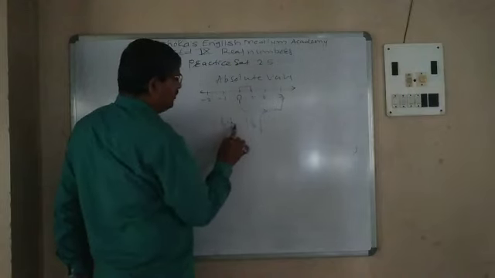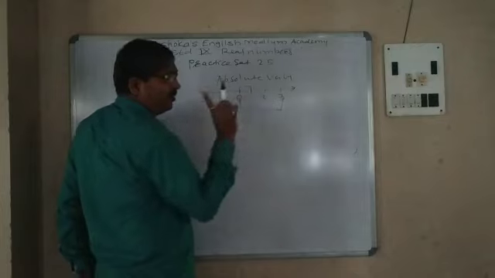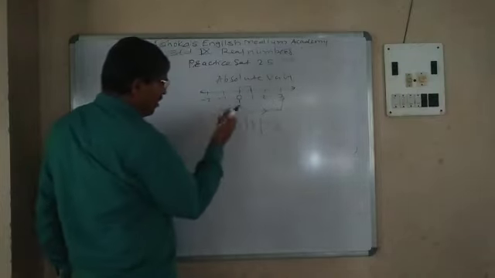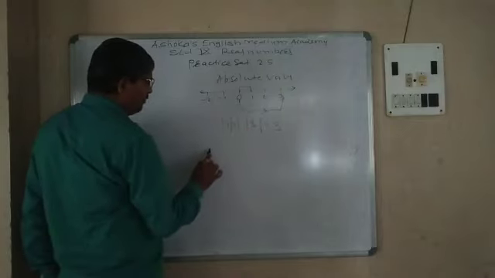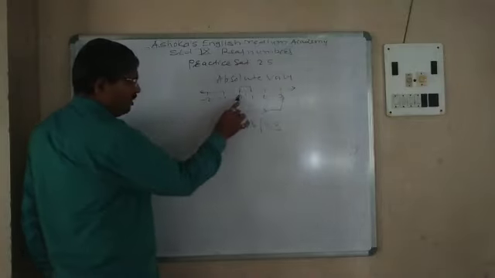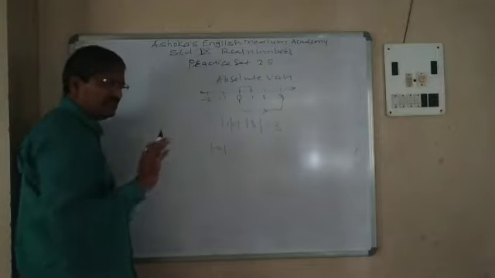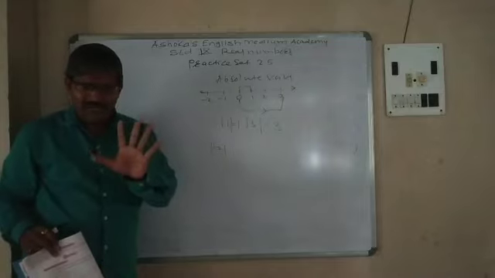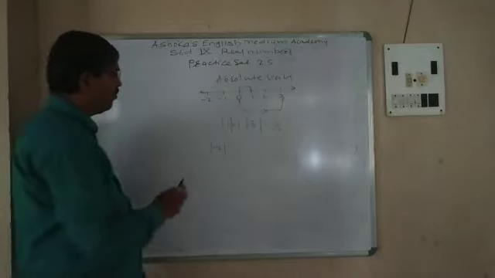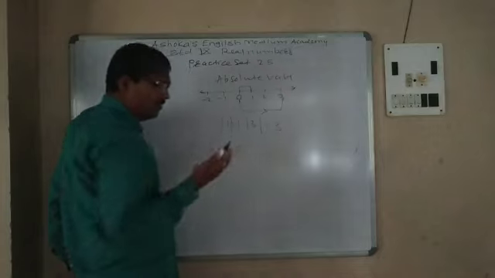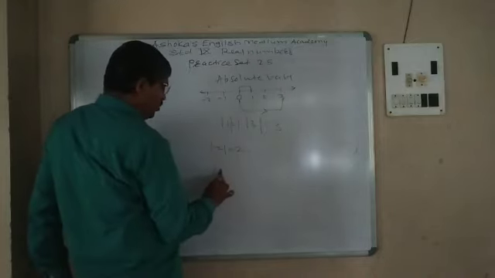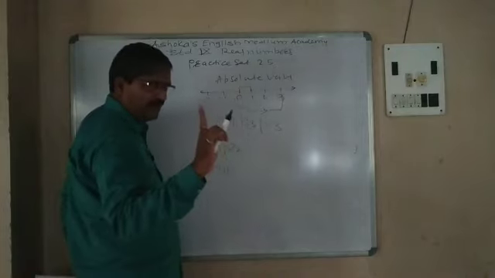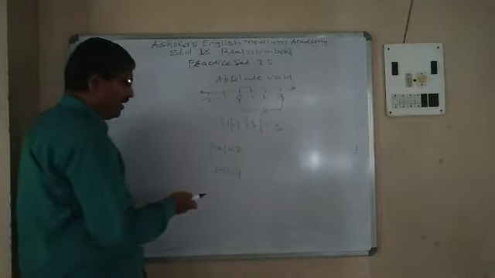So what will come? What is the distance? 0 to 1 is only 1, so the absolute value of 1 is 1. The absolute value of 3 is 3. Now what is the absolute value of minus 2? From 0, what is the distance? Here it is at minus 2, but is distance measured in negative terms? Never. Therefore the absolute value of a negative number is positive 2. Now the absolute value of minus 1: what is the distance from 0 till minus 1? That is 1.